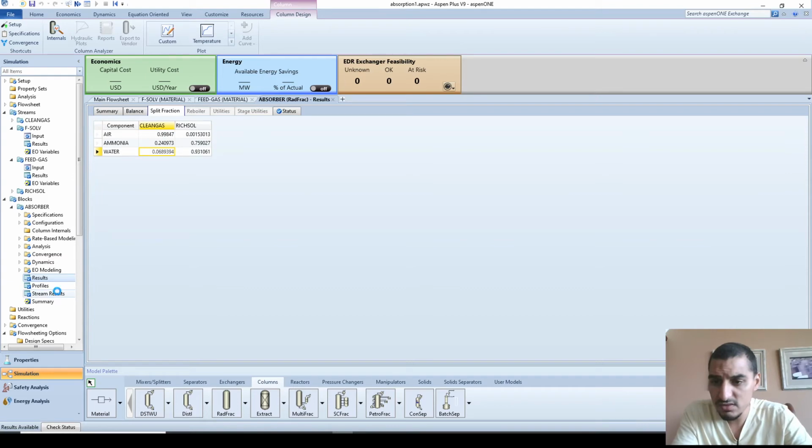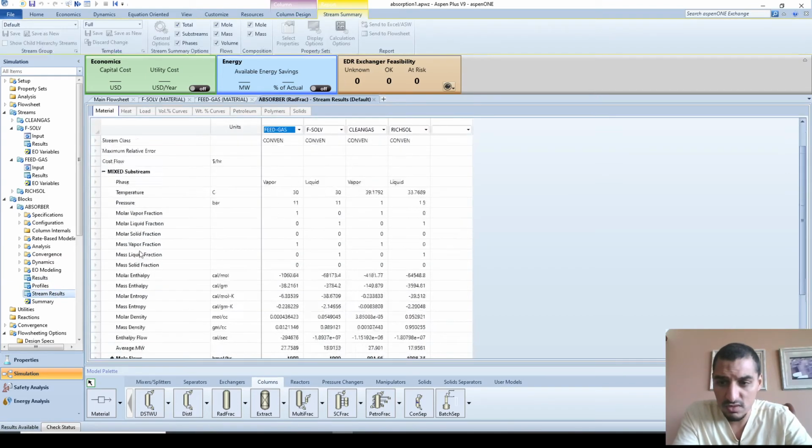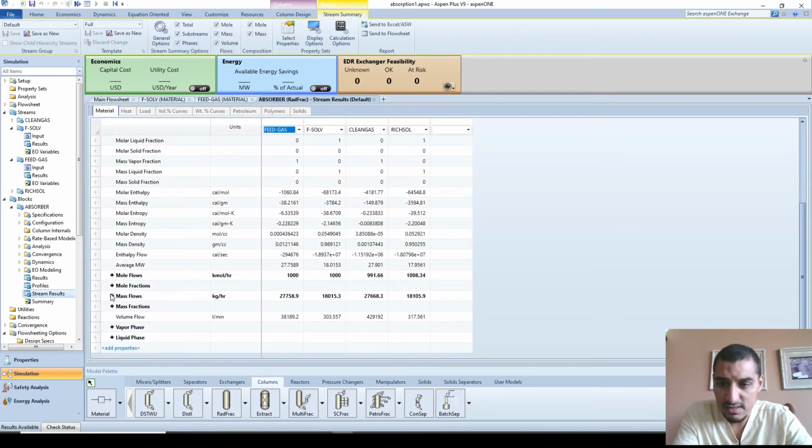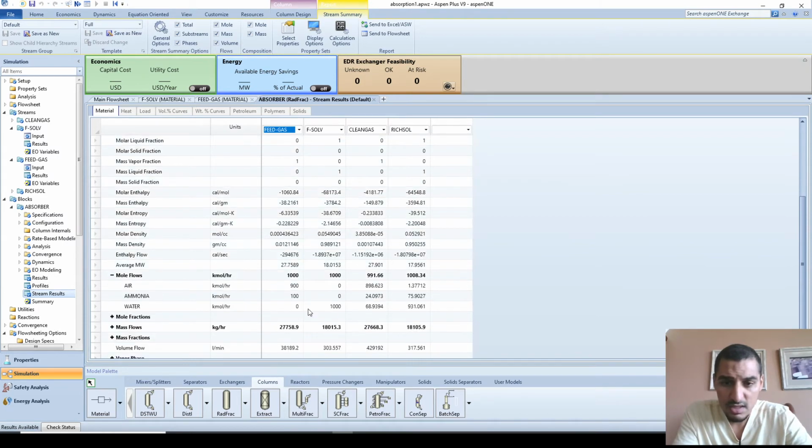So we can confirm it by checking the stream results and seeing the mole flows. These are the numbers, the 24, the 68. So it's exactly what I mentioned. So now I'm happy that I have already used the column inputs in the right way so that it can work as an absorber, but it seems that the operating conditions are not the proper conditions that will achieve this. And it seems that I need to change something